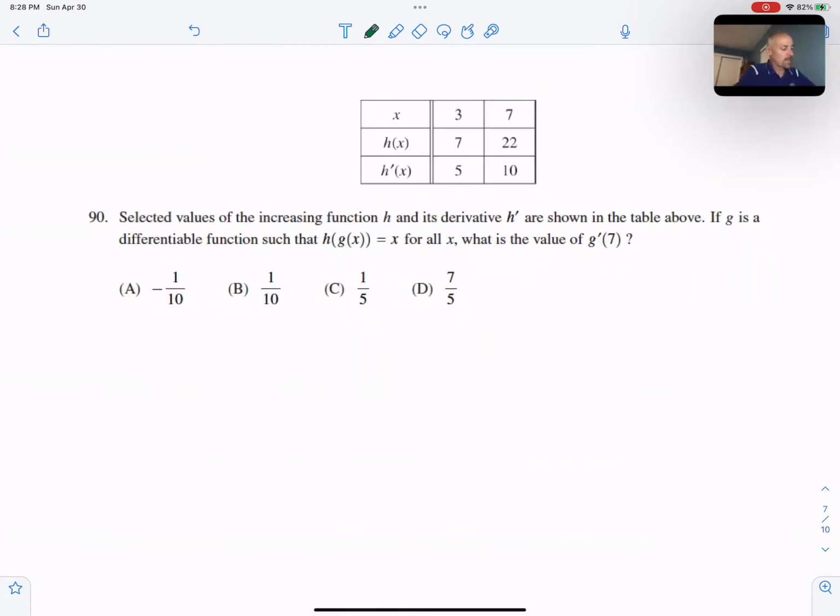Okay, selected values of the increasing function h and its derivative h prime are shown in the table above. If g is a differentiable function such that h of g of x is equal to x for all x, what is the value of g prime at 7? Okay, this one is a little tricky because we have to know what this piece of information is telling us about h and g. They're telling us that the composition of taking g, putting it inside of h, returns x for all x. So they're basically telling us in a roundabout way that what? h and g are inverses